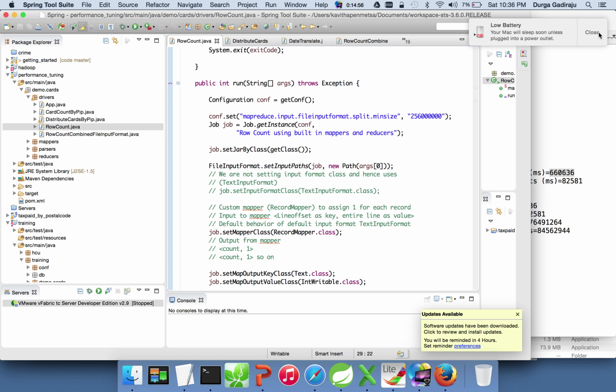So if you are using standard compression algorithms which are supported by Hadoop out of the box, as long as the file that is zipped is of supported format like text input format, it can process the data without making any changes to the code. So from code point of view, we haven't made any changes